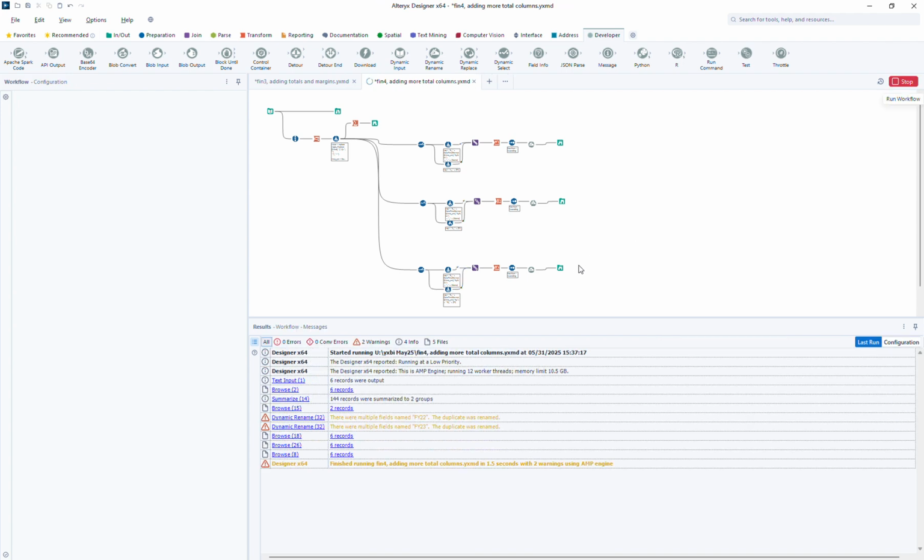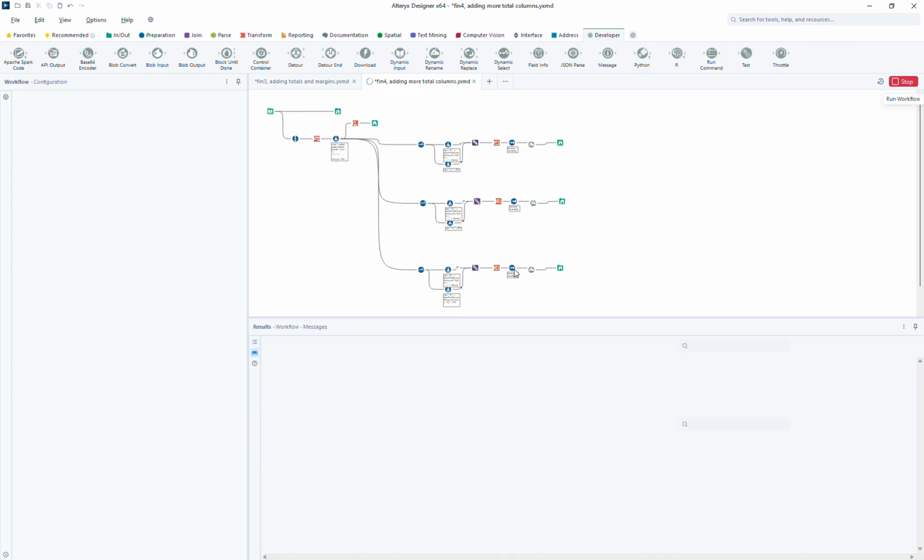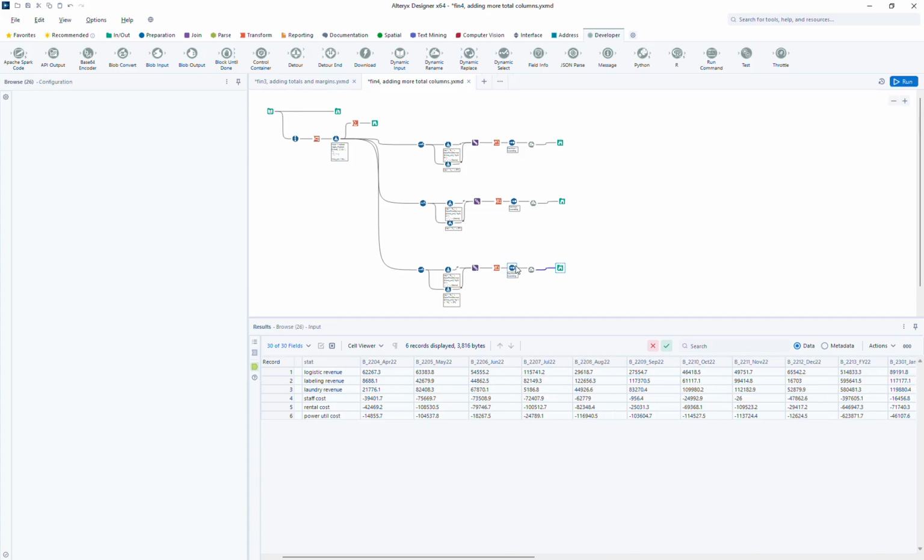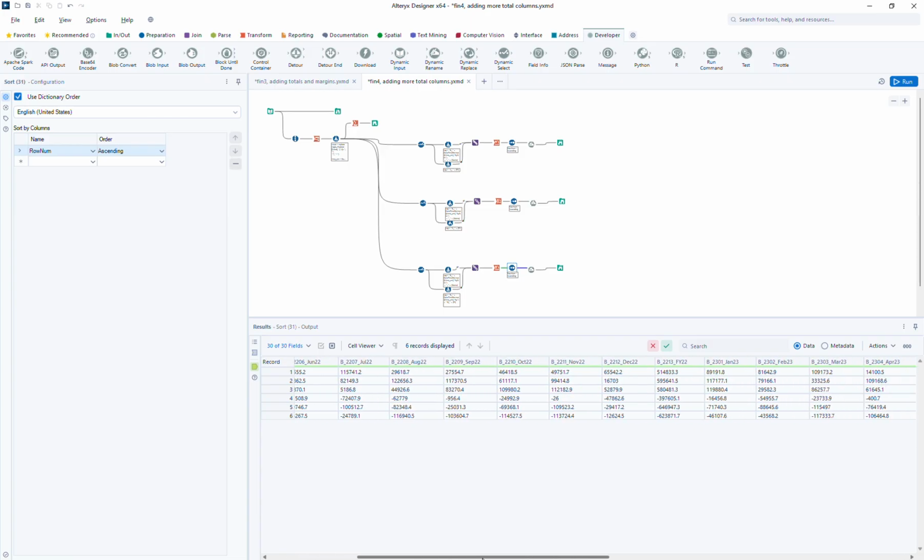So here, okay, so I have FY22 all the way to the end here, and then because the last one is December, so